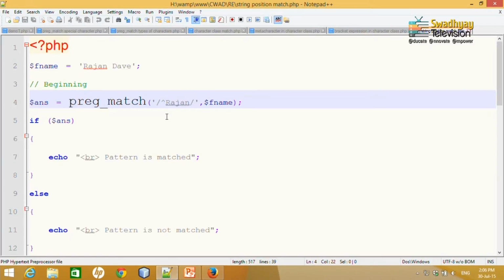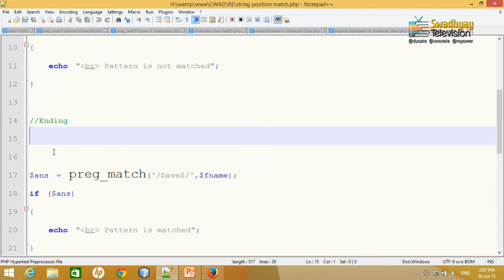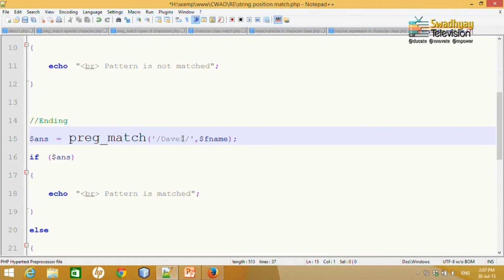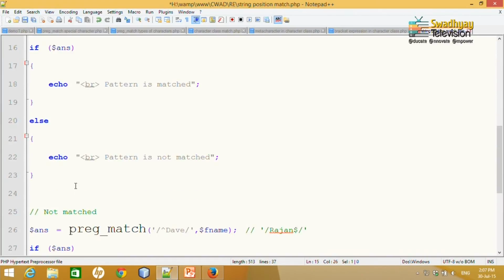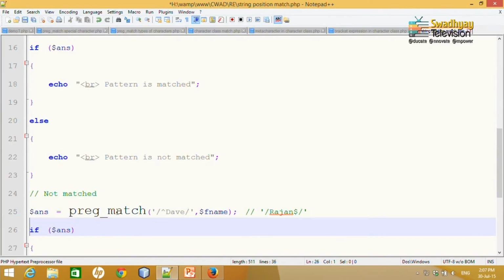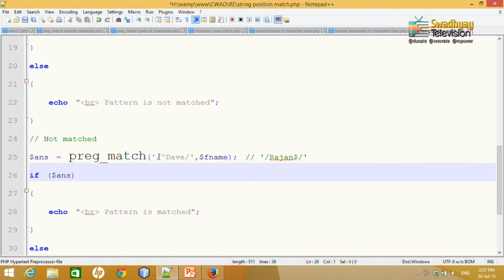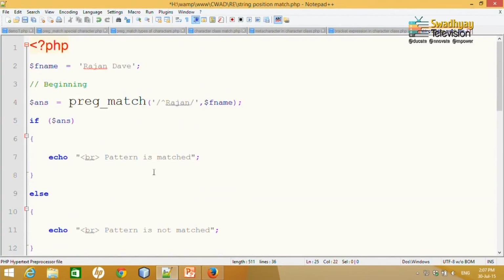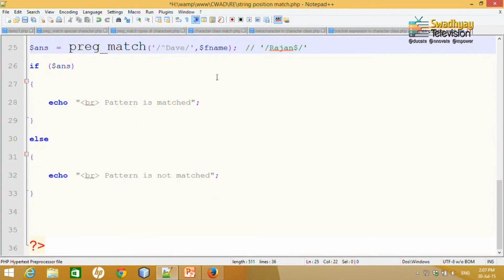Look at, if caret is inside the bracket, that will negate all the values, but at the beginning without square bracket it will give you string position. So at the string start it is Rajan, so this is matching. Same way for ending, if I type the matching string and dollar symbol, so that will be match. And here caret and the way, which is actually last name, so at the end of string, it will be not match.